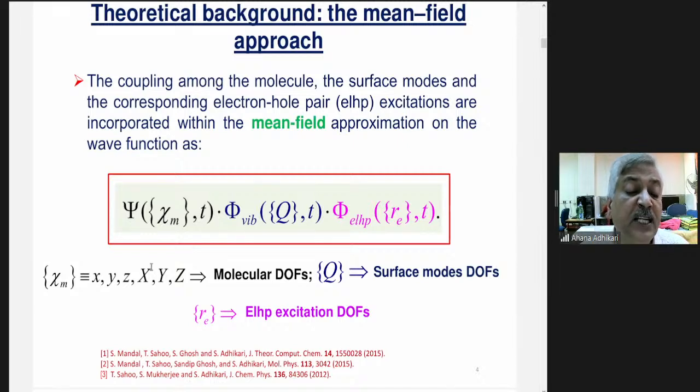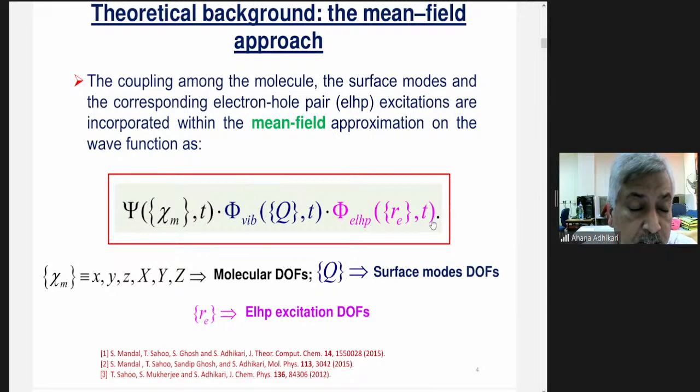These are the center of mass position of the molecule on the surface. So in order to define the molecule, you need to define 6 degrees of freedom, and then you have hundreds of surface modes. That's the product with the molecular wave function, and then you have the electron